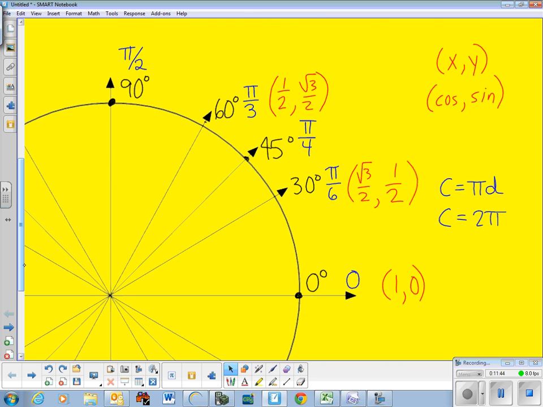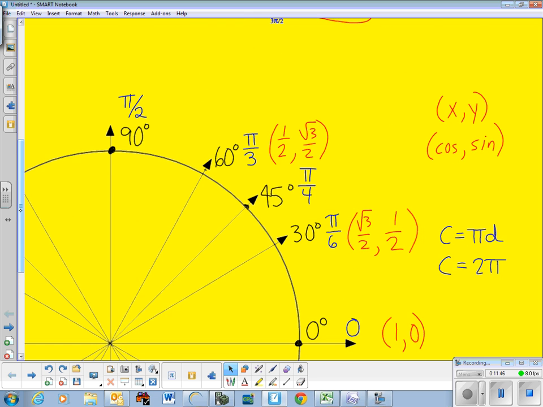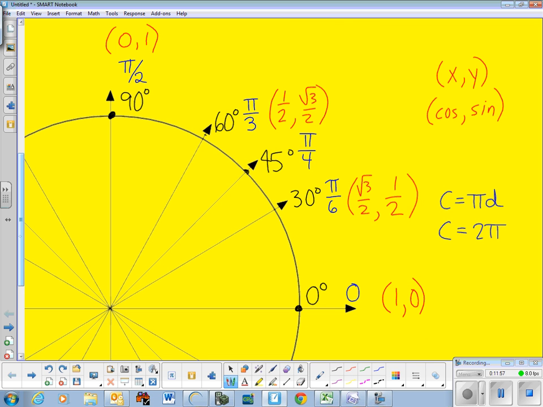Now let's talk about the top real quick. The coordinates up there shouldn't be a big deal. That's straight up 1 unit, so that's x is 0, y is 1. And then we'll wrap it up with this 45-degree location. Remember your other special right triangle. This is a 45, 45, 90,